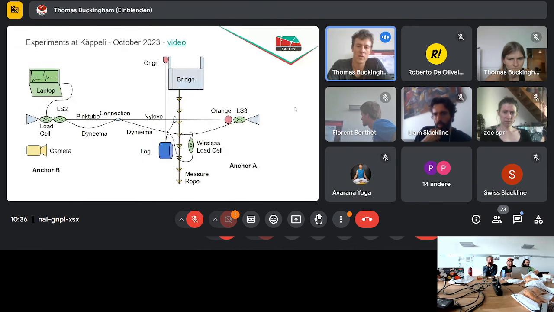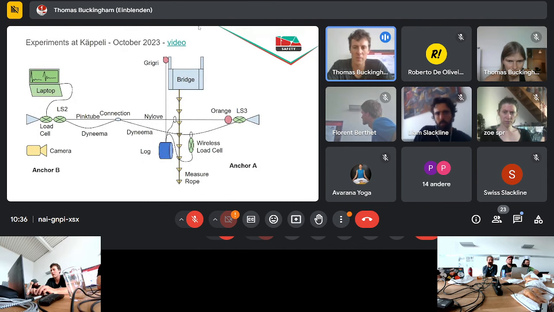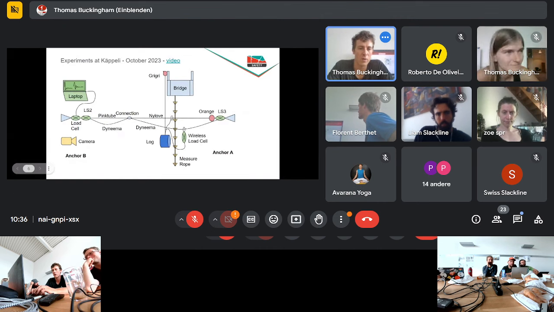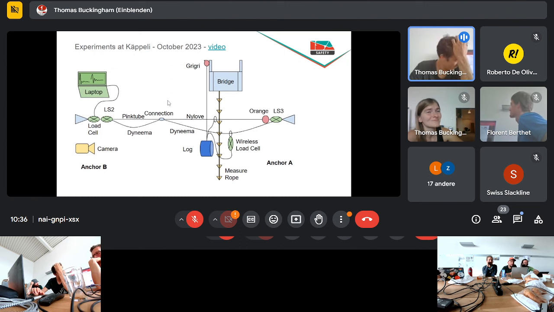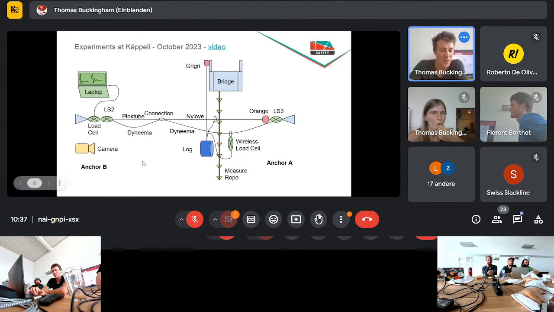So probably it's not going to work. Maybe I can just put the link to the video in the... okay, the video I need to be authorized to have it. Well, okay. This is just a video of a big log falling in the... okay, let's not go into the video, but I'm going to explain what's on this schematic here.